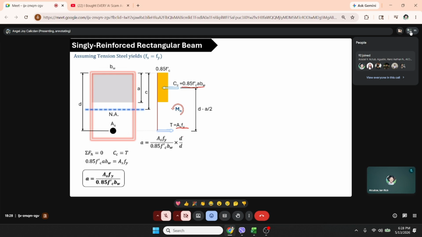And if we multiply the numerator and denominator by d, which is like multiplying by 1,